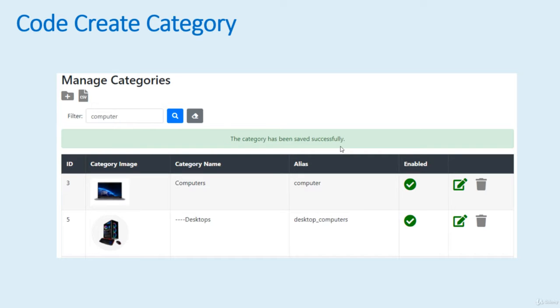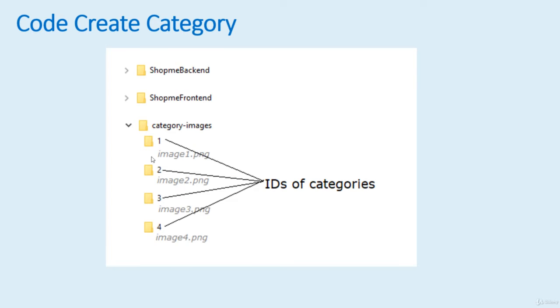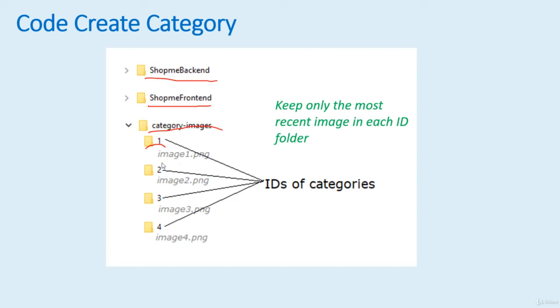And for the category images, we will store the images under a separate directory, category-images. Note that this directory is outside the Shopme backend project directory, at the same level as the project Shopme backend and Shopme frontend, because the category images will be used by both the backend and frontend applications. And similarly to the user photos, for each category we will create a separate directory with the name is the ID of the category and store the image inside this directory,